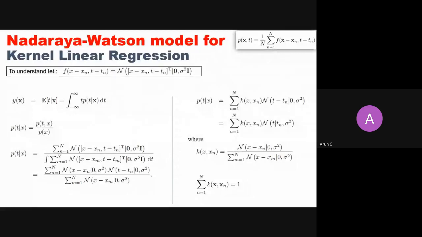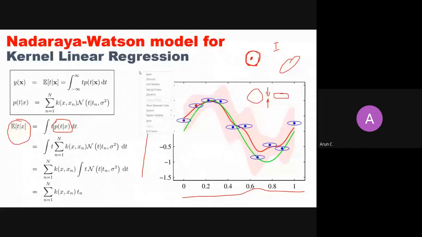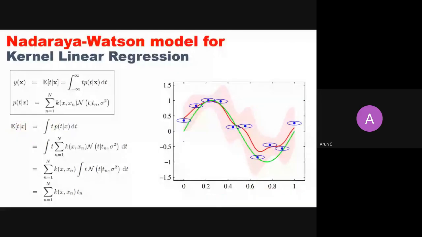Okay, so let's come to the final slide of this. What I was saying is that we want to calculate an expectation. We have calculated the conditional probability, and I am plugging that conditional probability into this formula and then juggling it. This kernel function is independent of t, so you just bring it out of those terms.